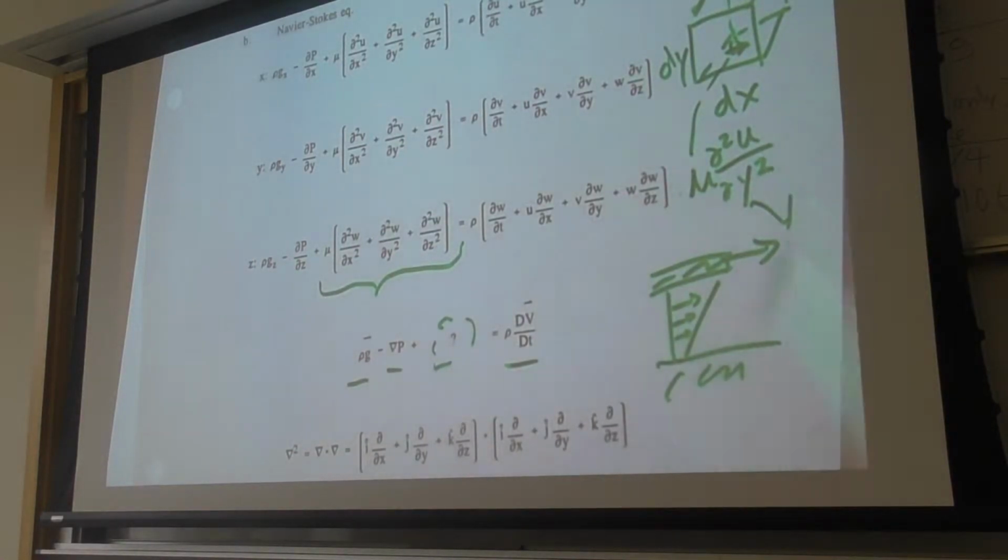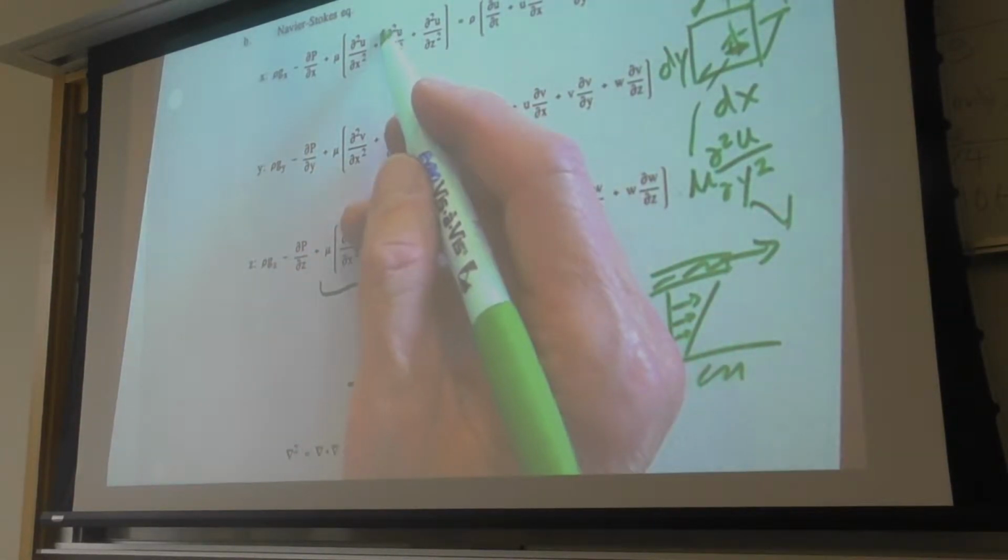You have something like the viscosity, which is times the velocity gradient, differentiated with respect to y again, resulting in a second derivative term such as this,